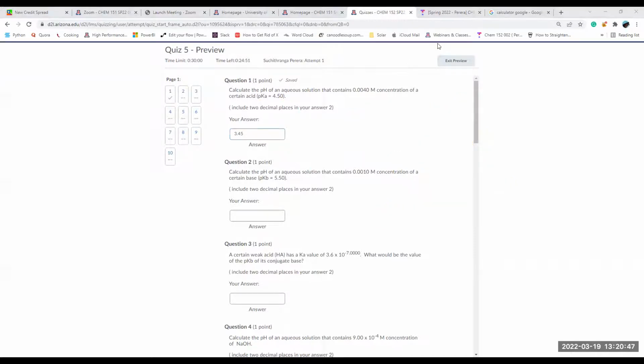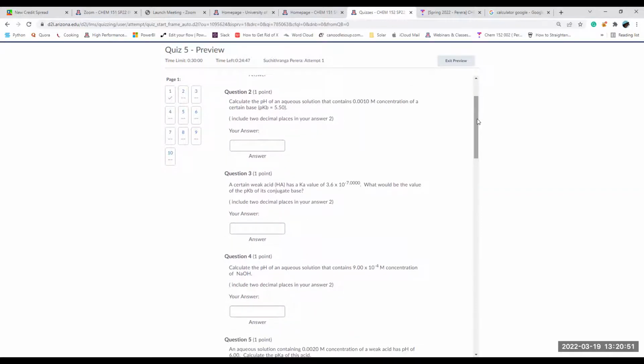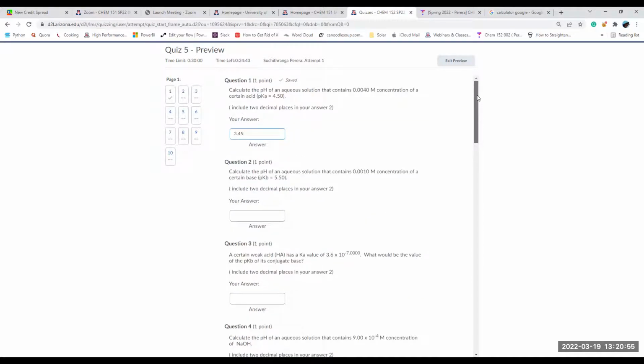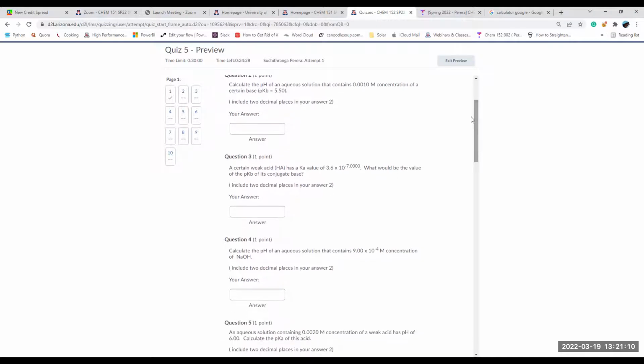And then let's move on to question 2. Calculate the pH of an aqueous solution that contains 0.01 molar concentration of a certain base. Now, the previous one was an acid, okay? This one is about a base. When it comes to bases, it's the same thing, but what we have is